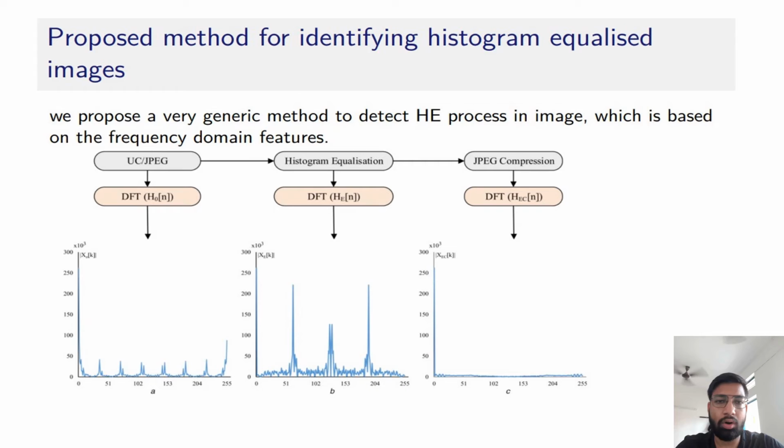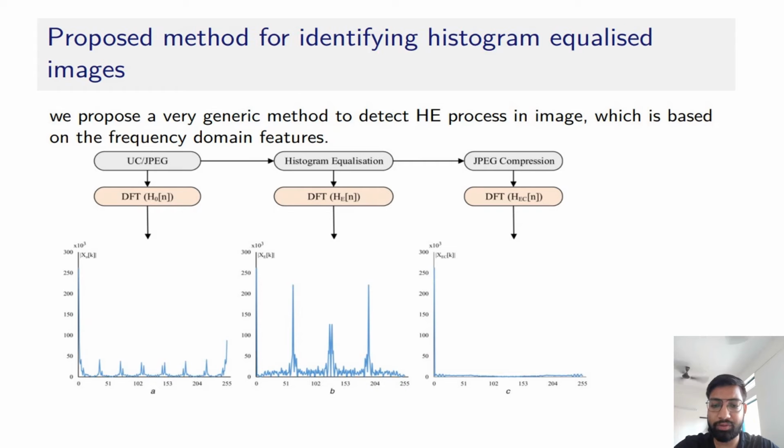It can be clearly observed that the maximum value in each of the magnitude spectrum plots corresponds to the DC value at k equal to 0, and the DFT of the histogram shall exhibit even symmetry at k equal to N by 2, which is equal to 128. We propose to identify the histogram equalization process in an image by observing the difference between the DC coefficient at k equal to 0 and the weighted sum of unique AC coefficients of X[k], where k belongs to 1 to 128 of